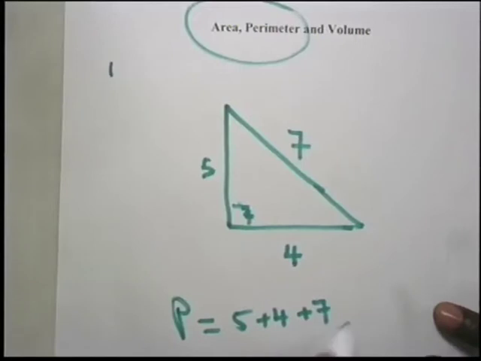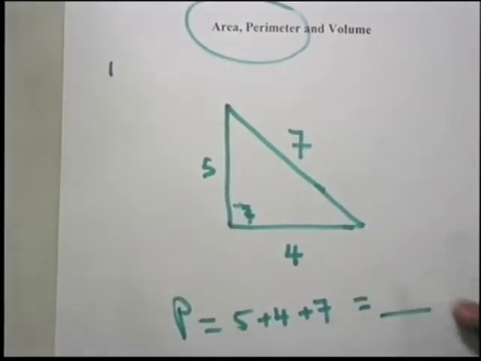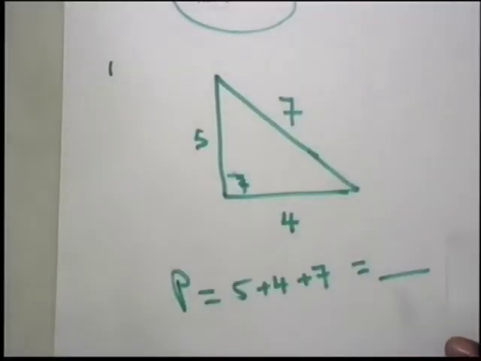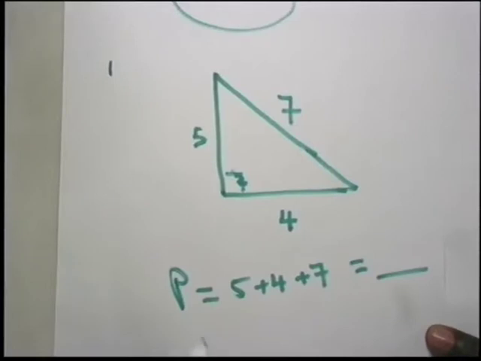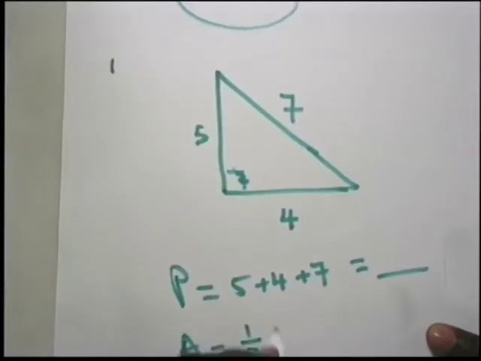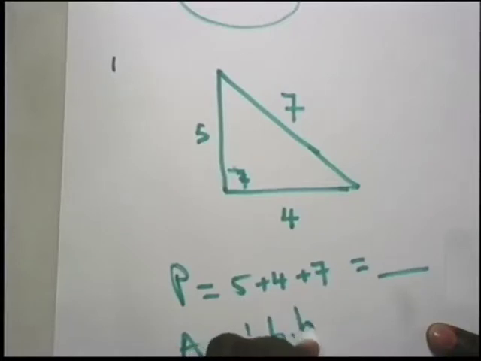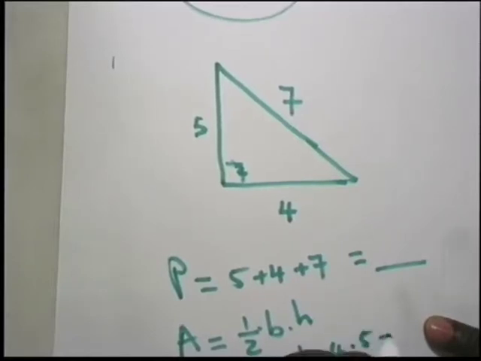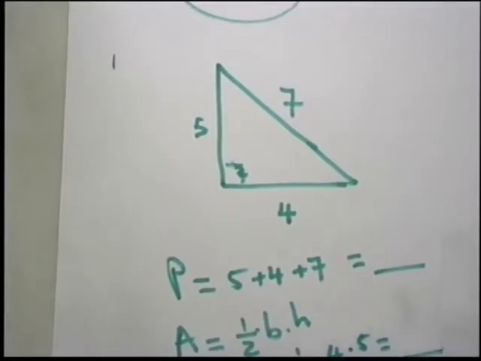The sum of all those will then give me the perimeter, because it is the sum of all the boundaries. Whereas the area, we have a formula of half base times height. So, that will then be half multiplied by 4 multiplied by 5,